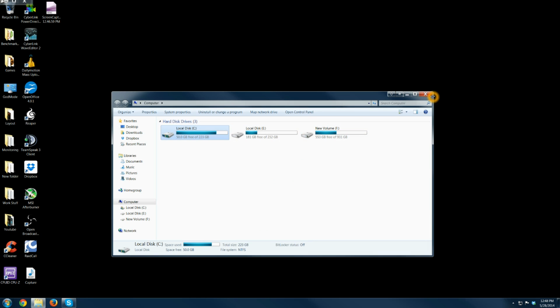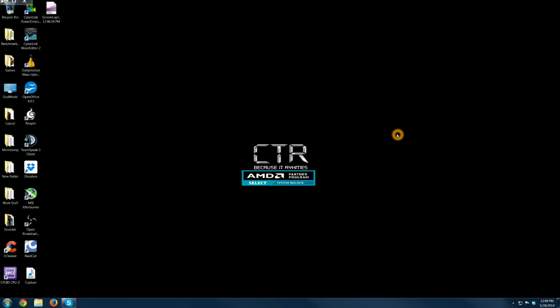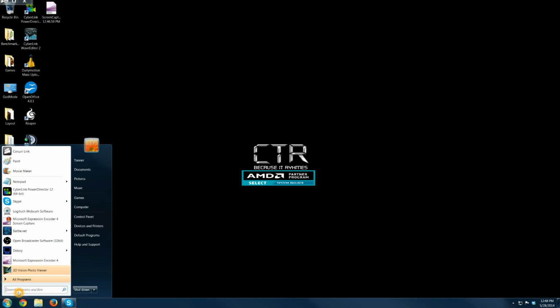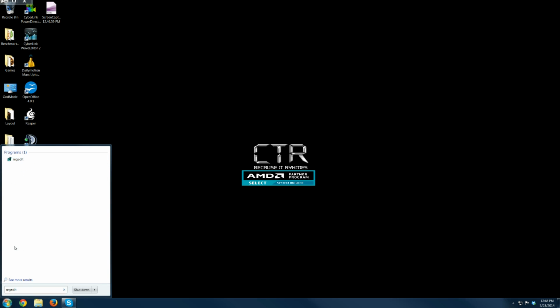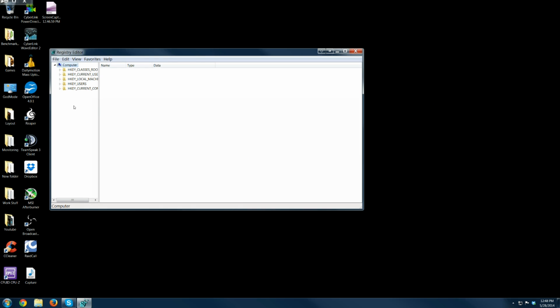Now, what if an optical drive disappears? Well, this is usually a registry error. So you can go into registry, type in regedit. That's regedit. This takes you into the registry. Now this might look very, very hard to do because it is kind of way up there in technical specs, but